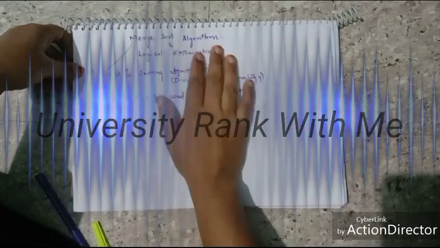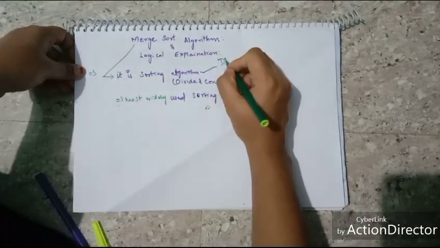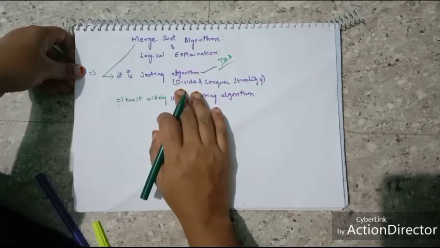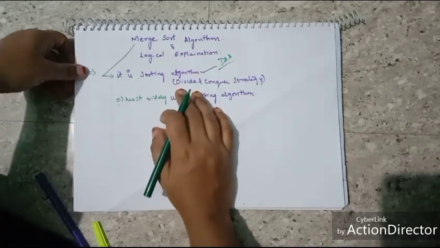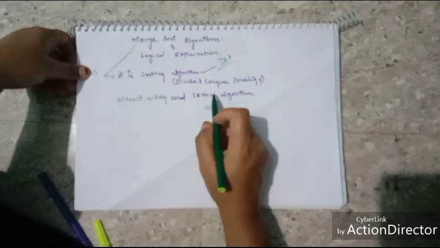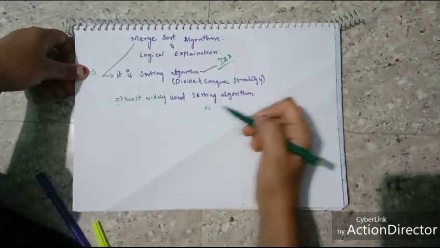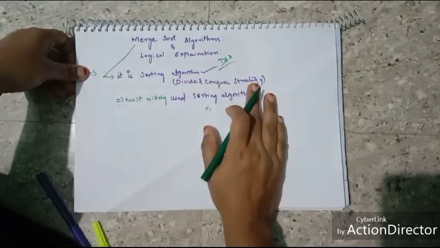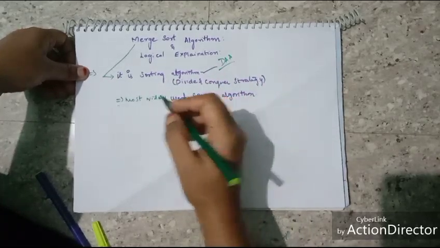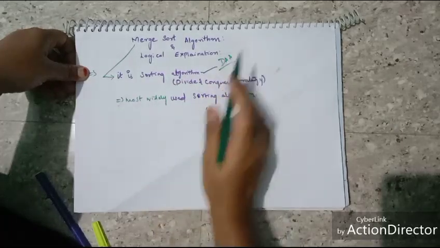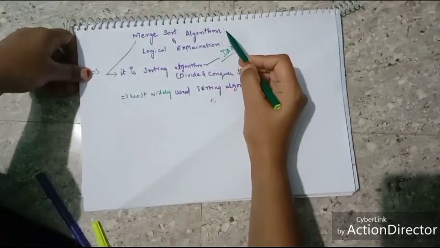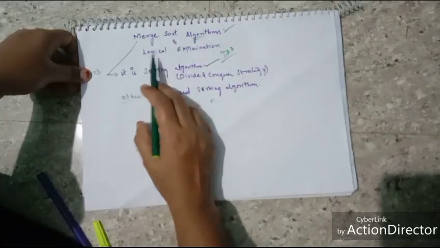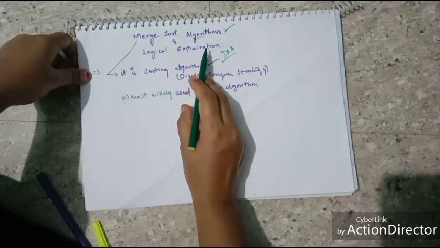We are continuing with the merge sort algorithm in the subject called DAA. I already told you that it's a merging sorting algorithm where we arrange the array using the divide and conquer strategy, and it's the most widely used sorting algorithm. It is a very simple algorithm where I am going to tell you very simple steps and their logical explanation. If you saw my last video, there I had uploaded the algorithm for this merge sort. Now I am going to tell you the logical explanation.